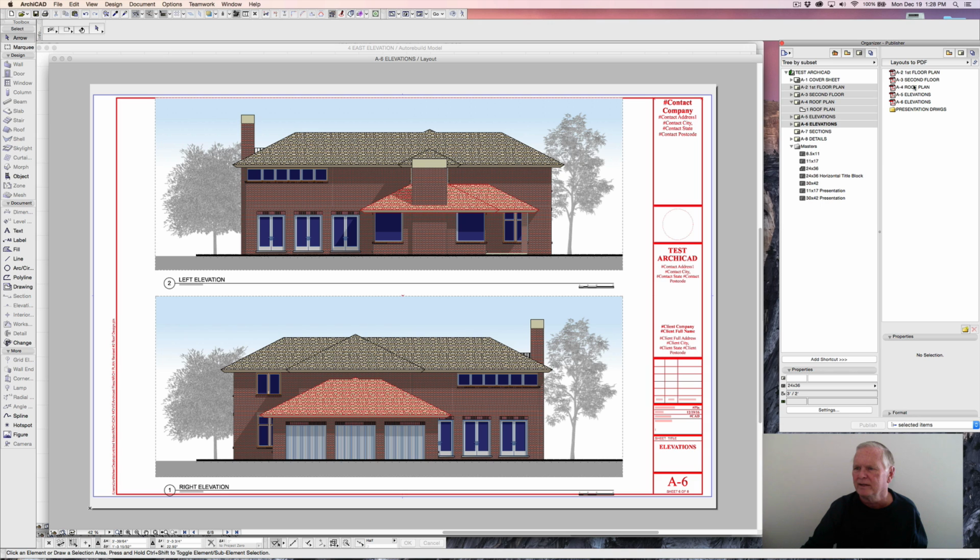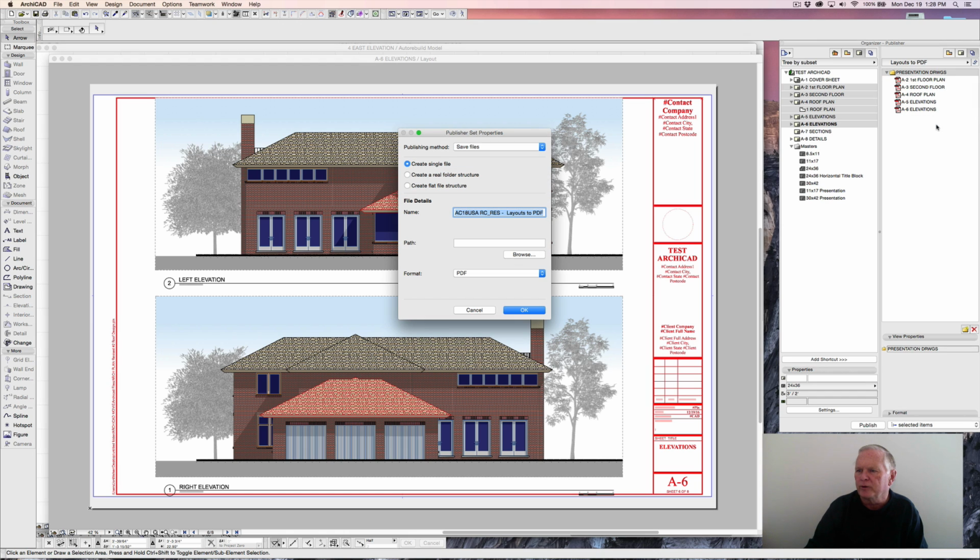All right, and then we'll take all of those and just drag them into there. All right, so there's our drawings that we'd like to print out or publish. And by publish, I mean we're going to create PDFs out of them and put them into a file. So we're going to right click on that folder and say Publishing Properties, and come over here and say we